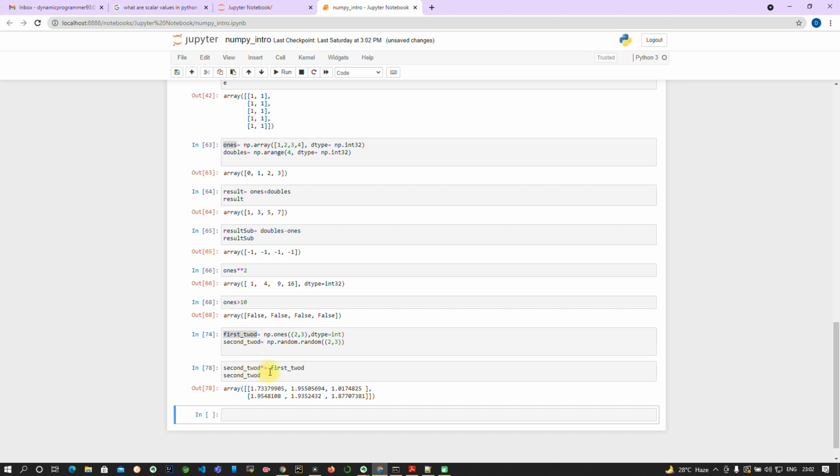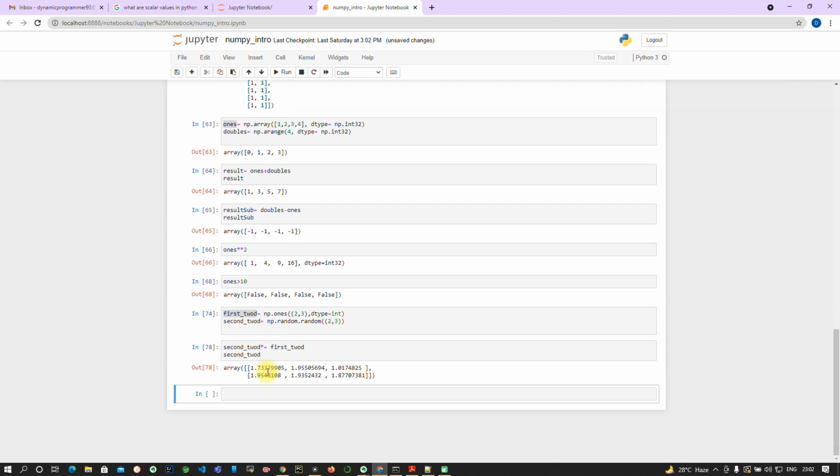So here you can use += and -= also, anything you can use. These are basically used to modify the existing array without creating a new one. So you can use these operators if you want to modify the existing one without expecting a new array. Whenever you are operating with arrays of different types, the type of the resulting array corresponds to the more general or precise one. This behavior is known as upcasting.